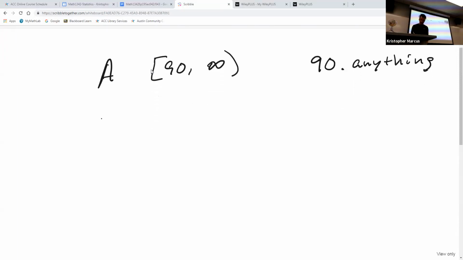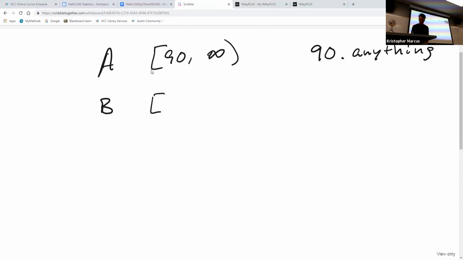The B range says it goes from an 80 up to a 90. The square bracket means that it includes 80. The parenthesis means it does not include 90. So the minimal grade that you can get and get a B in the class would be an 80.0. And that guarantees that you get a B. What is the highest grade that you theoretically can get and still be in the B range? You could get an 89.9.